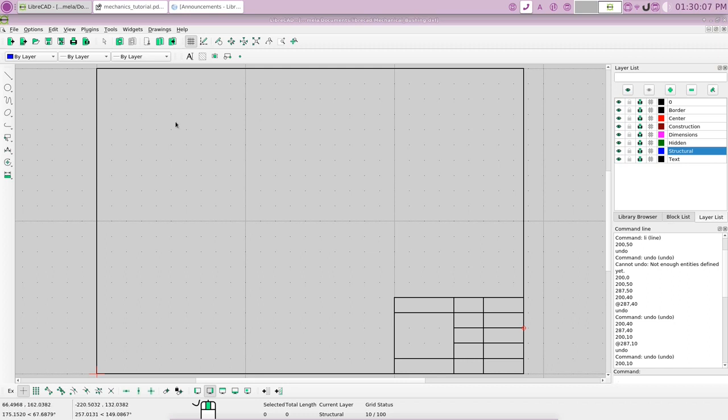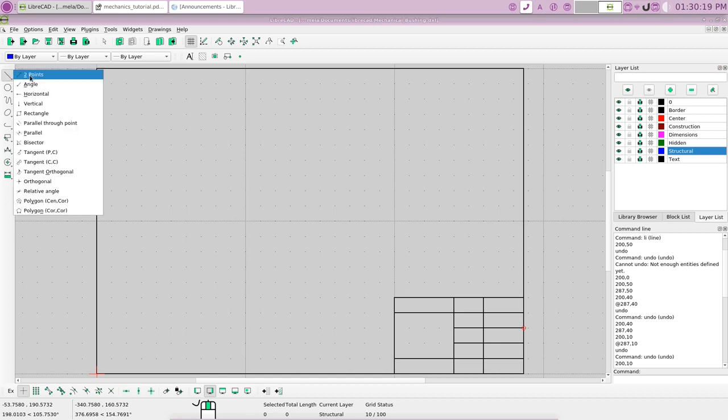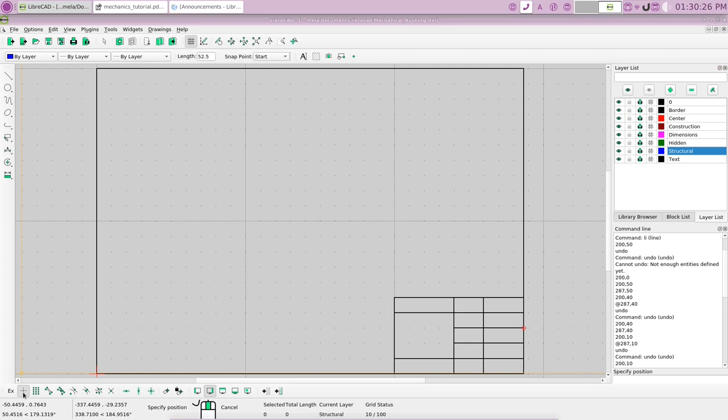Okay, so we could either choose a line here and do it that way. I'll show you. We could choose a line with 2 points, say, or we're going to start with a vertical, so let's choose a vertical line. Okay, and let's have it on free snap, but let's specify the first point over here. Let's say that we went over 70 units and up 50 units. Okay,